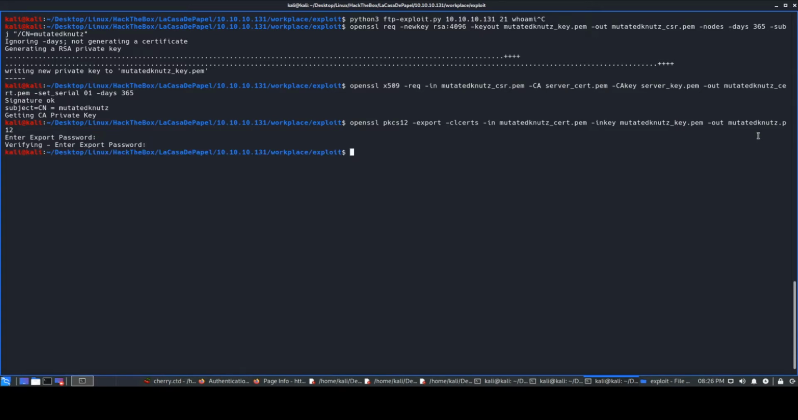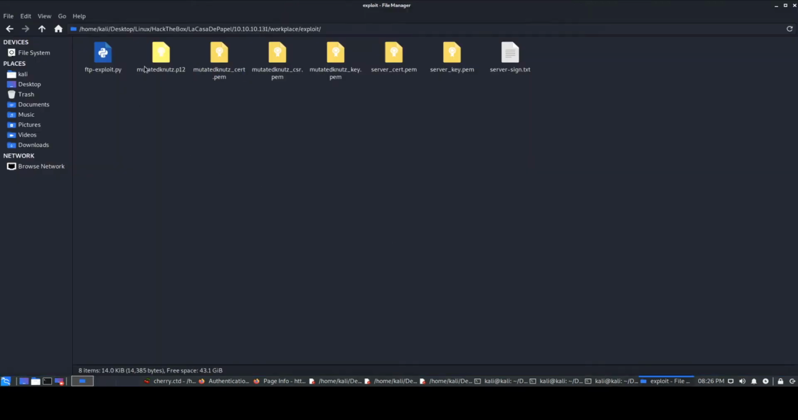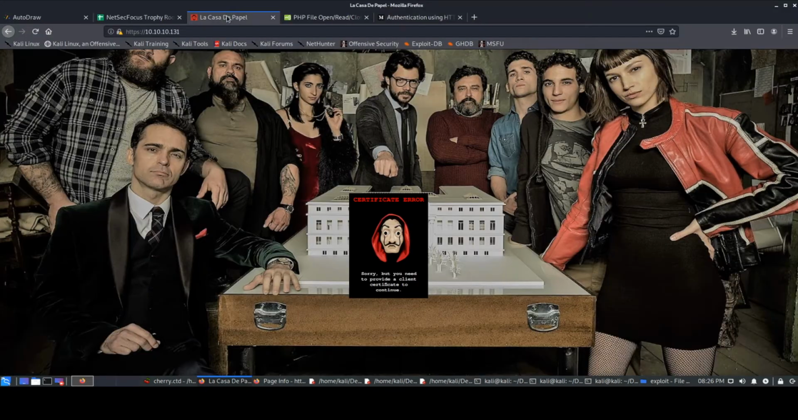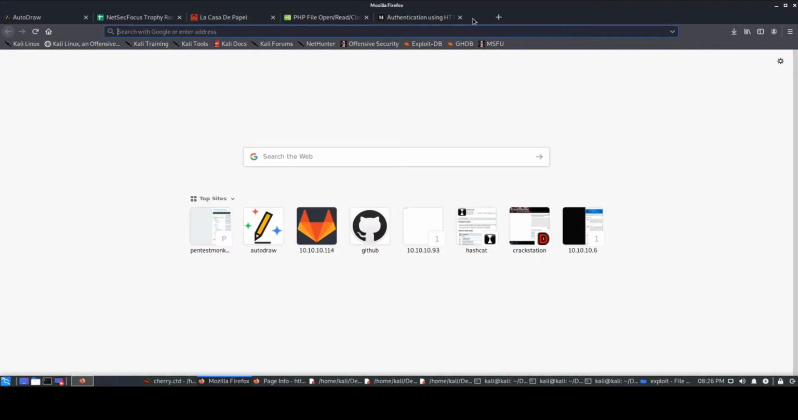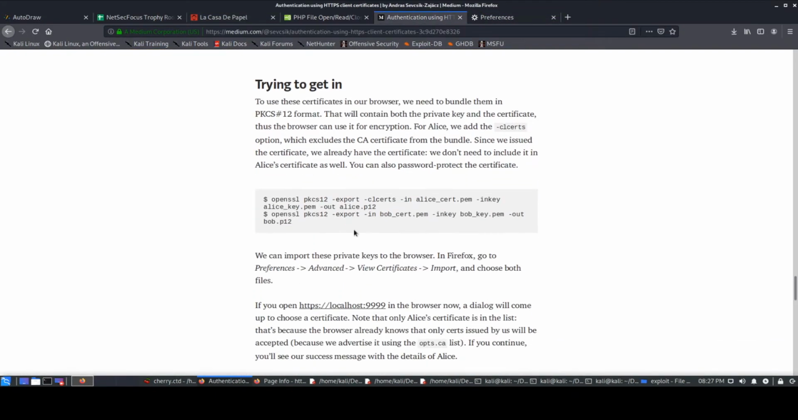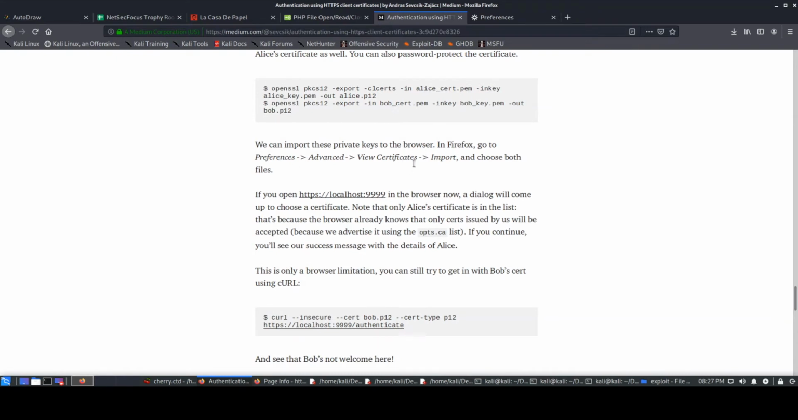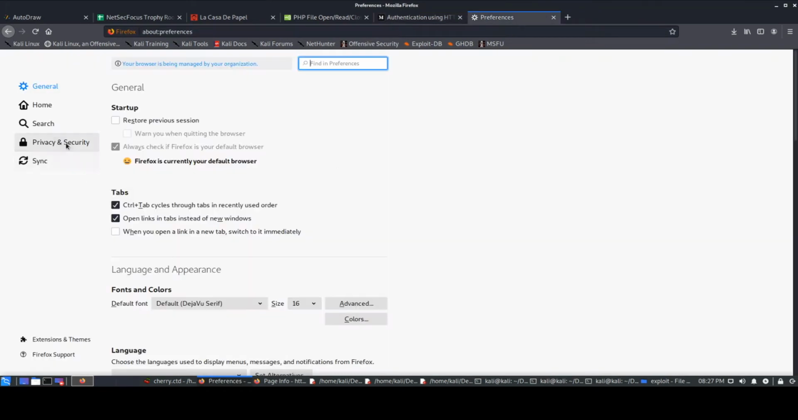Enter again, just leave it blank, and we do have that p12 file, sorry. Now we get this page over here, right? What we'll try to do is, first thing, we'll just go to preferences. It even says that you can add this particular file, preferences, advanced, view certificates, but I think the option is